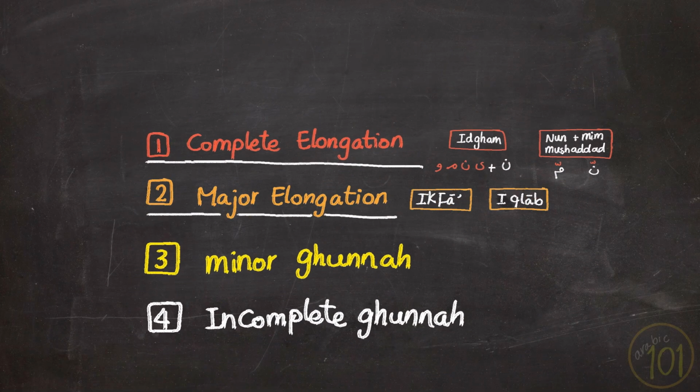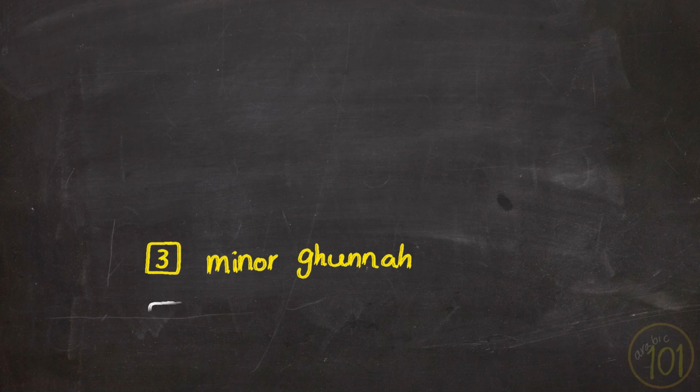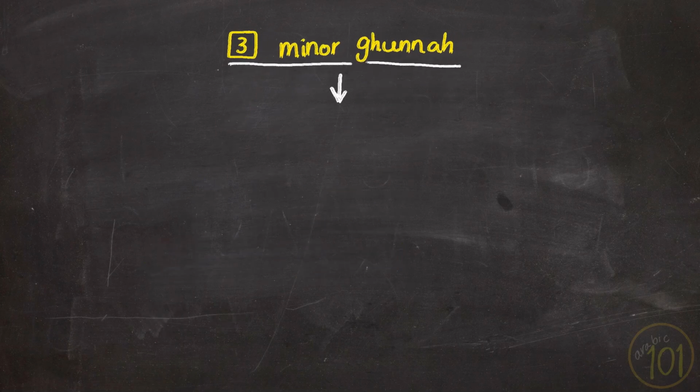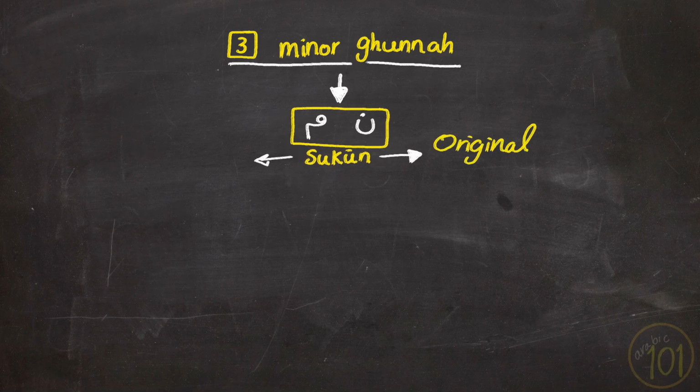The third degree of ghunnah is minor ghunnah, which happens when noon and mim are in the state of sukun. This happens whether with original sukun or with temporary sukoon at the end of the word, like